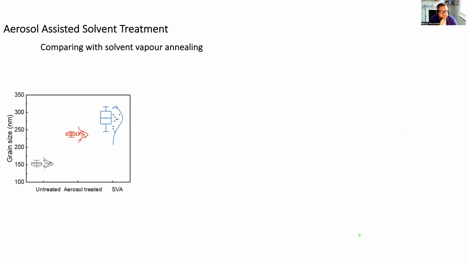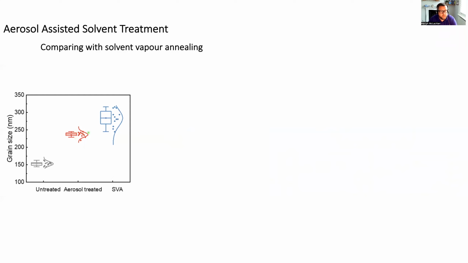Again, we compared this with solvent vapor annealing. Solvent vapor annealing is the classical emerging PV technique, where someone may take something like a heated substrate, a laboratory hot plate, deposit films on top with a small amount of solvent, and then cover those to allow a solvent vapor to be generated. And again, we look here just at the grain size data when we compare solvent vapor annealing versus our